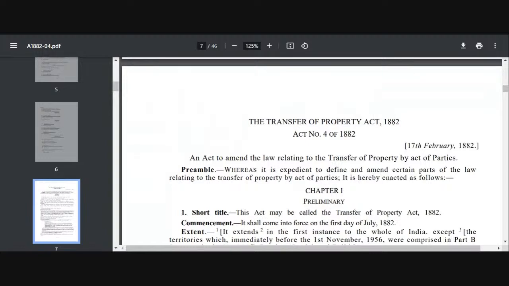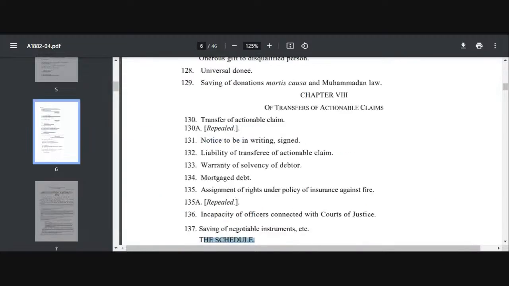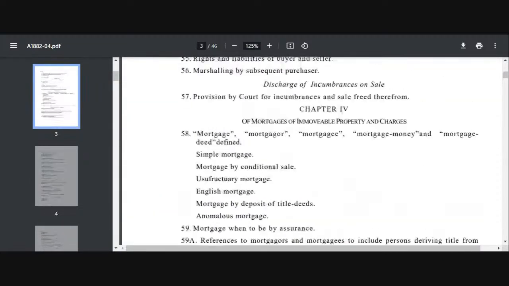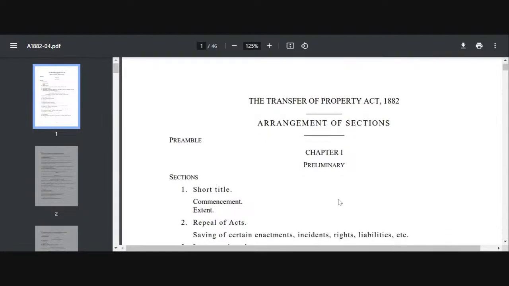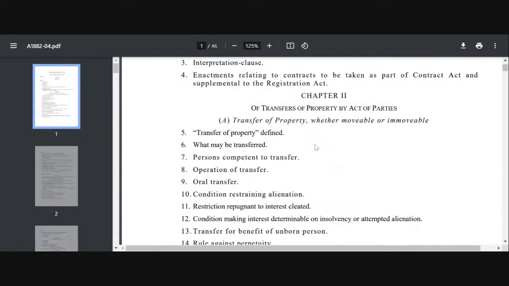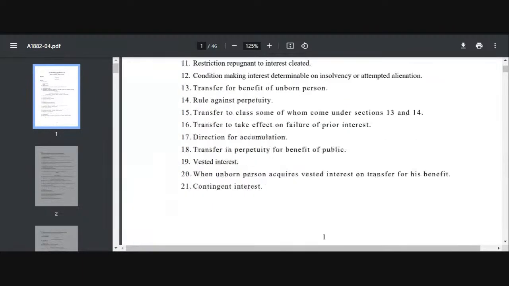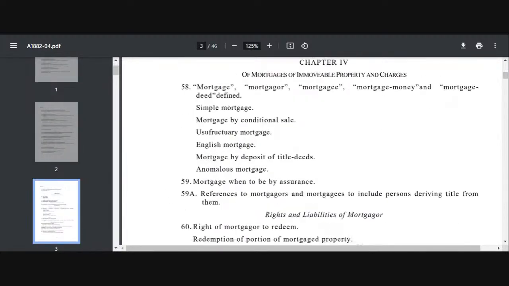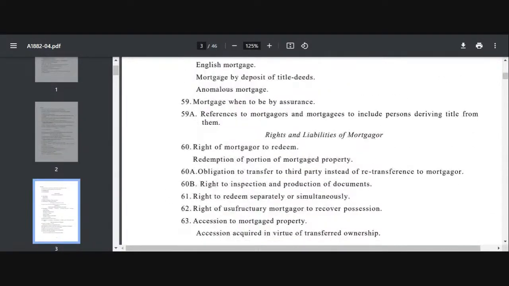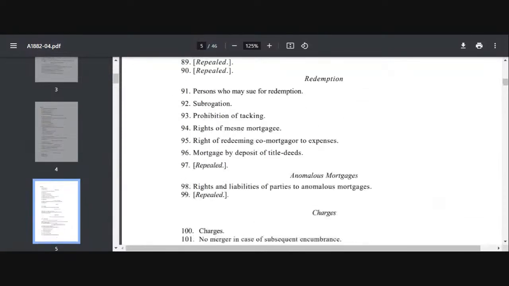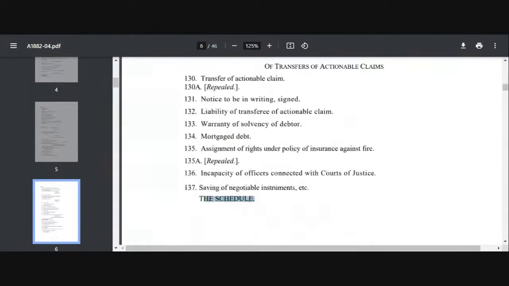If you see the content also of TP Act, yes, testamentary will, very good. So even when you see the content, you will not see chapters like will or succession anywhere in the TP Act, just as I showed you the content, right? So we saw that okay, there is chapter 1, then there is chapter 2 in which you will see all the transfers of property by act of parties, right? Which is till 53A. Then we have sale, mortgage, lease. So sale, mortgage, lease we have, and then we have gift, right?